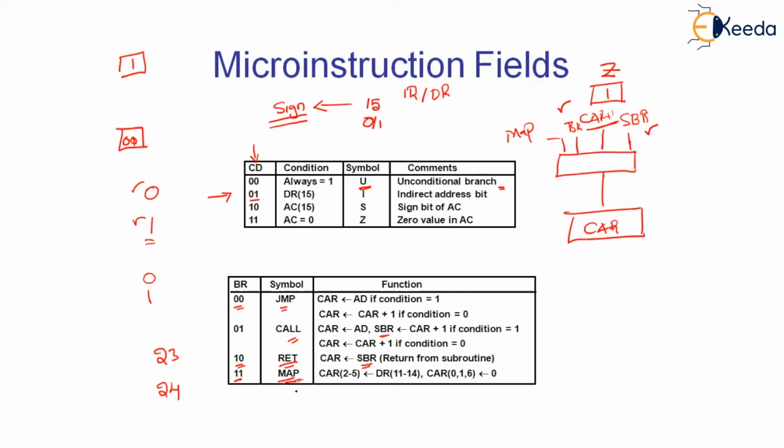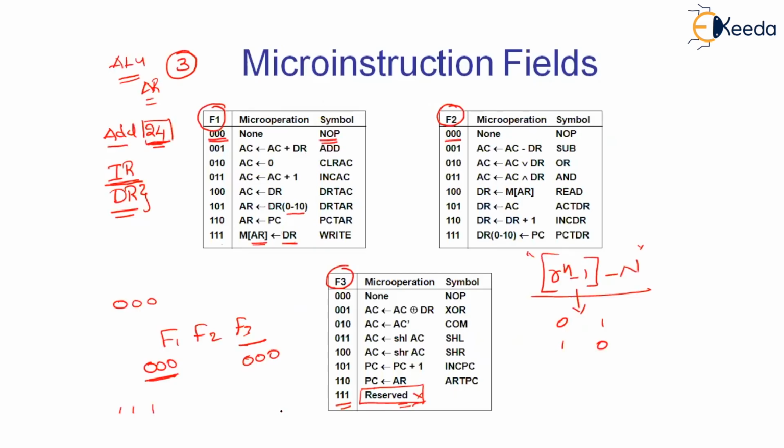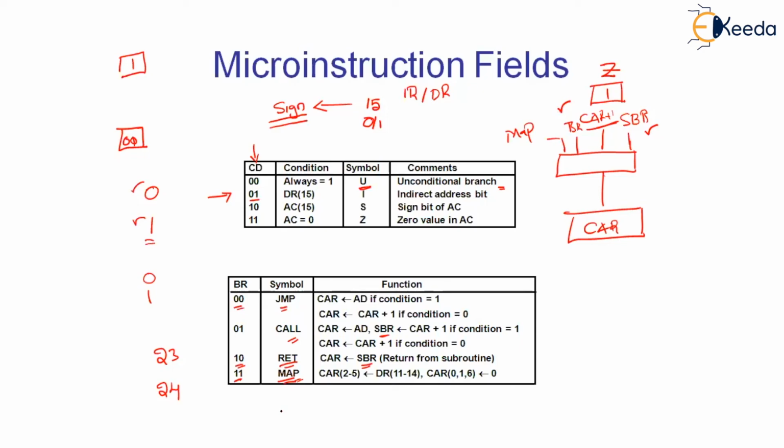Okay, so this is all about the microinstruction format. In the microinstruction format, we have 3 fields: F1, F2, F3, each of which can specify one micro-operation. So the microinstruction can specify a maximum of 3 micro-operations at any specific point of time. The CD and BR fields specify 4 conditions and 4 branches. CD and BR are going to work in tandem, in conjunction. And mind you, once again, even if it is an unconditional branch, the control memory, rather the control unit, is going to treat it as a conditional branch.